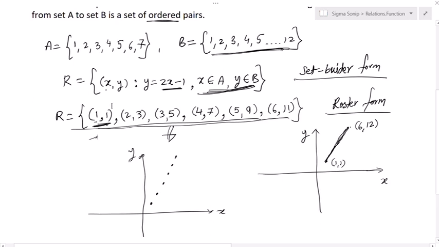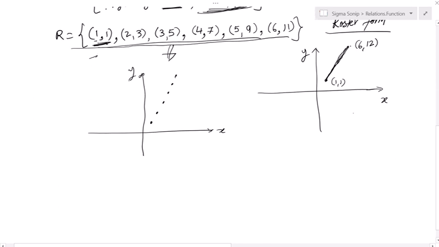If I ask you to show this relation, how would you show that in set-builder form? Again, I want you to pause the video and try to show this relation in set-builder form. You can just pause the video and look here, and I'm going to write here the set-builder form. This relation R is equal to, I'll need to redefine my A and B as well. So A consists of x such that